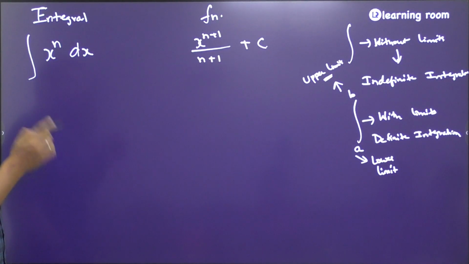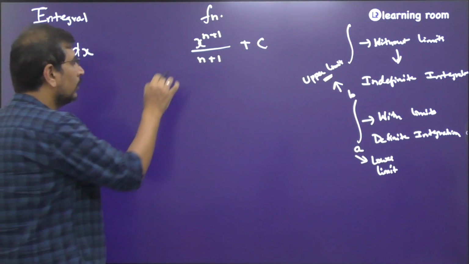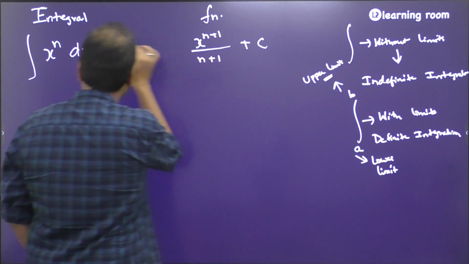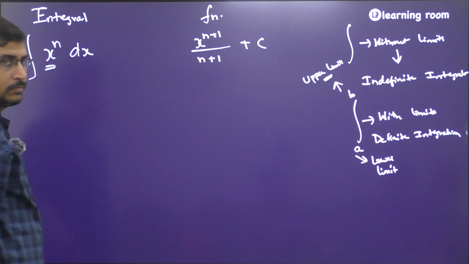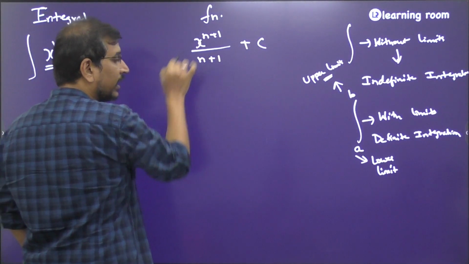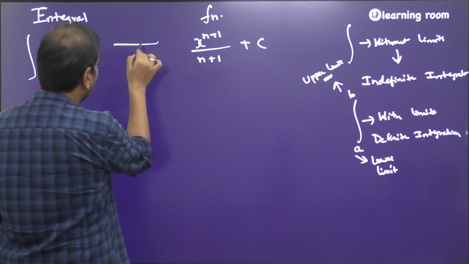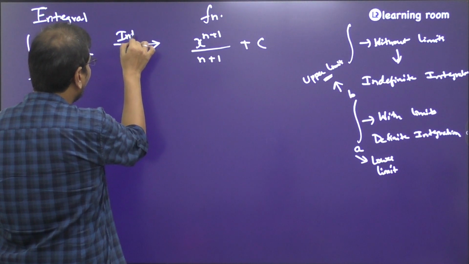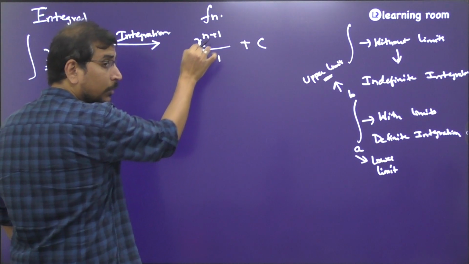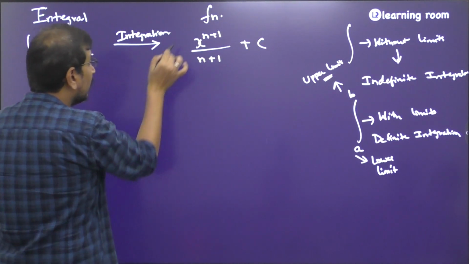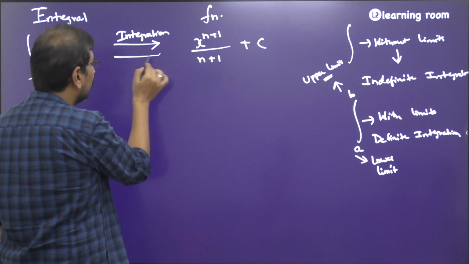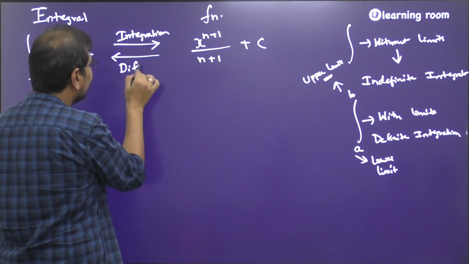Okay. So this is the function. If I have to get back this question, then what I need to do is see, if this is given on integrating x power n, I got x power n plus 1. On integration of x power n, I got x power n plus 1 by n plus 1. So from x power n plus 1 by n plus 1, if I need to get x power n, I need to follow the reverse process, which is called